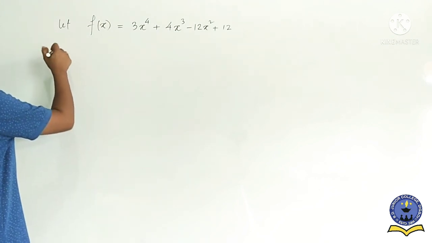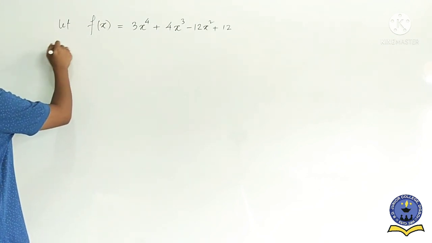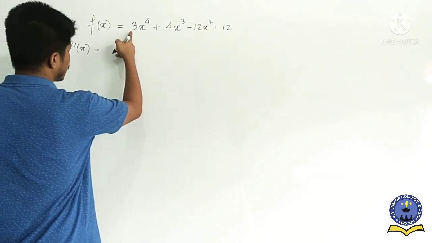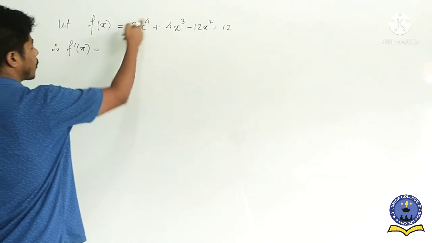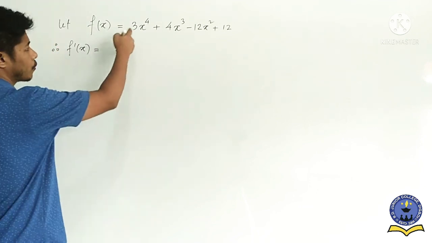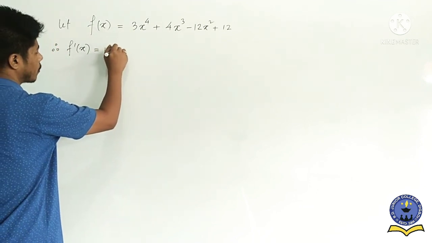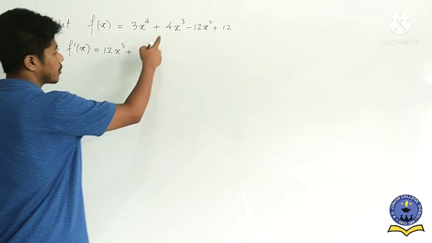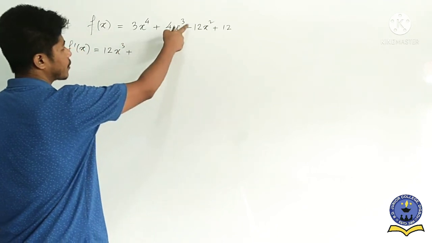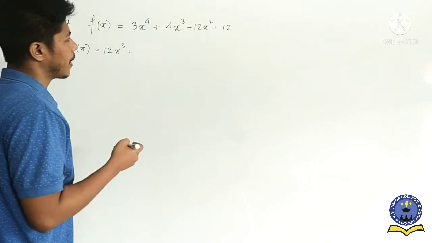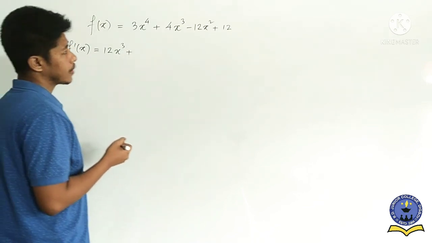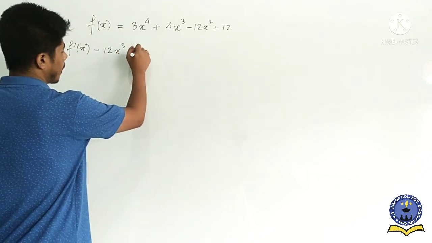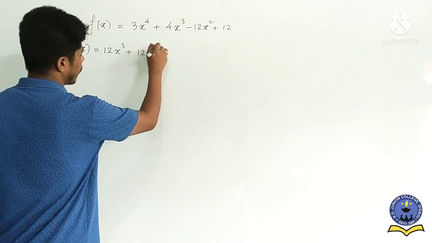So when we differentiate this, we write f dash of x. If you differentiate this, 3 is a constant term, x to the power 4 gives 4x cube, and 4 times 3 is 12, so we get 12x cube. Similarly, this is plus 4, a constant term, times x cube. If we differentiate x cube, we get 3x squared, and 3 times 4 is again 12x squared, isn't it?